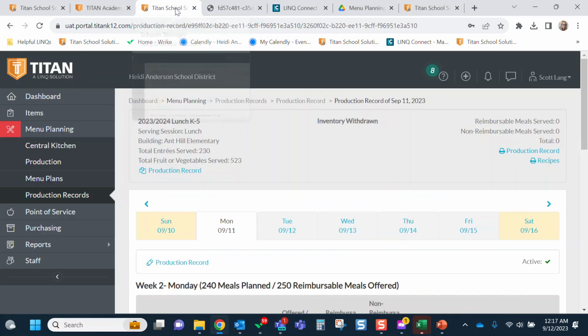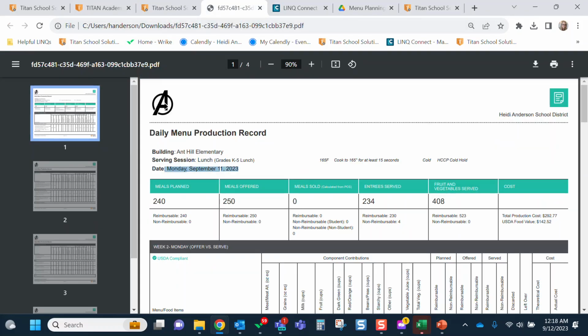I'm going to click back to my Titan. And that number can also be found up here at the top. So this is where it's pulling that number from, that 523. As long as that is more than your total entrees served, you also have that double check there immediately that you know you've had enough fruits and vegetables offered, that every tray probably went through with a reimbursable meal on it. I'm going to go ahead and go back to my production record, and we are going to come down